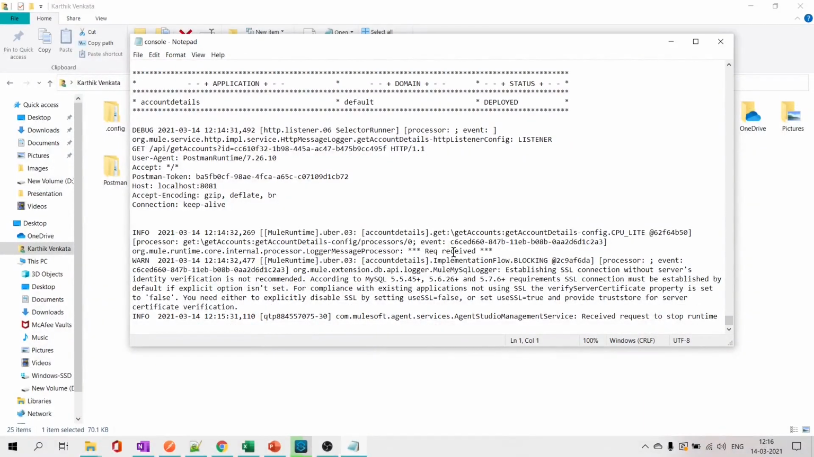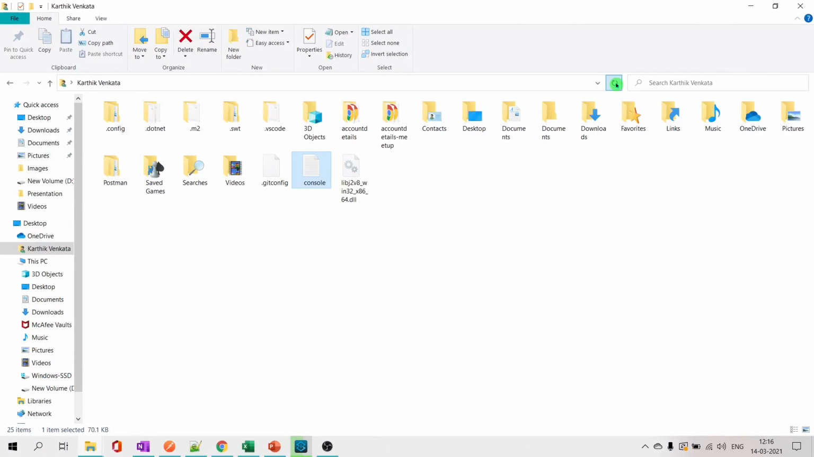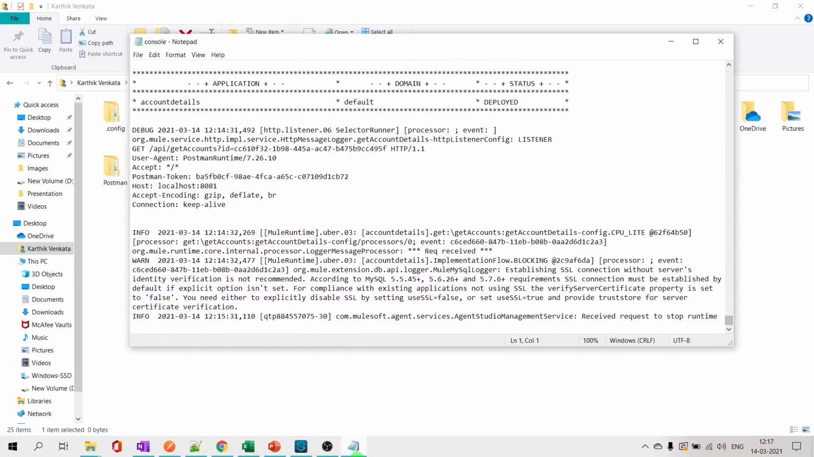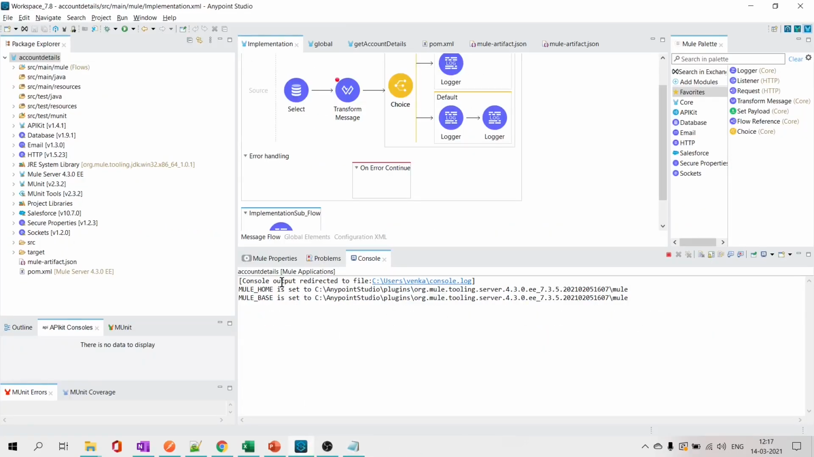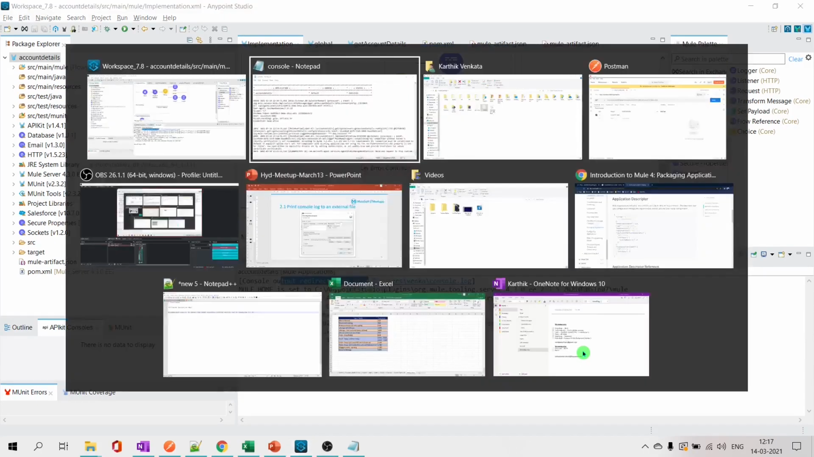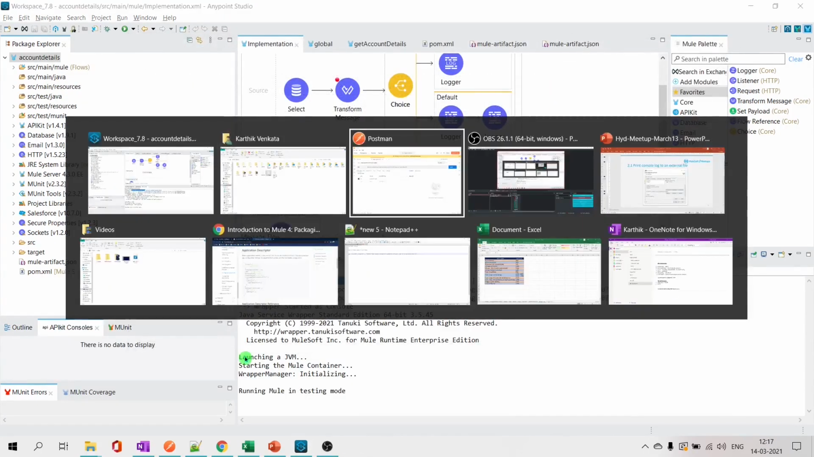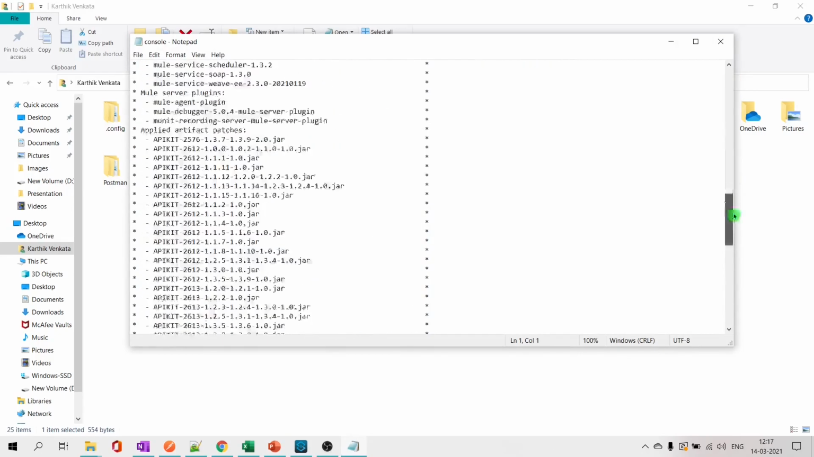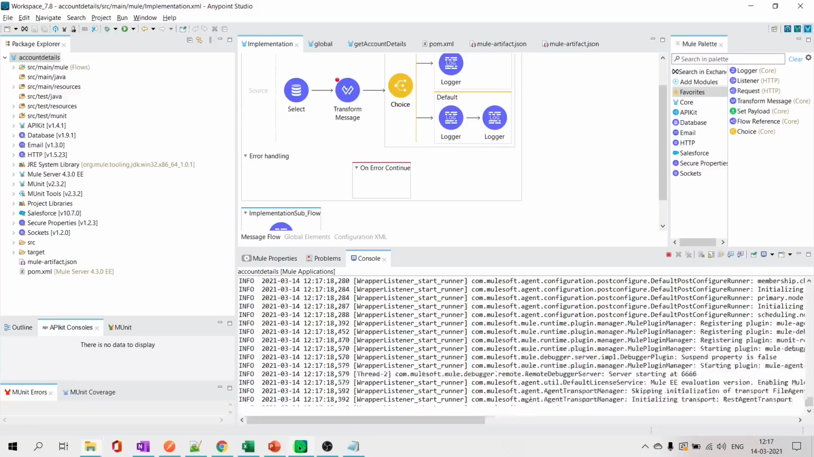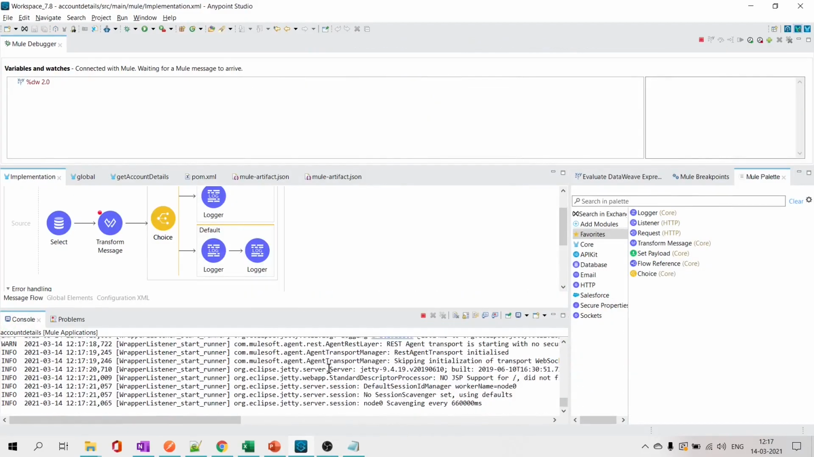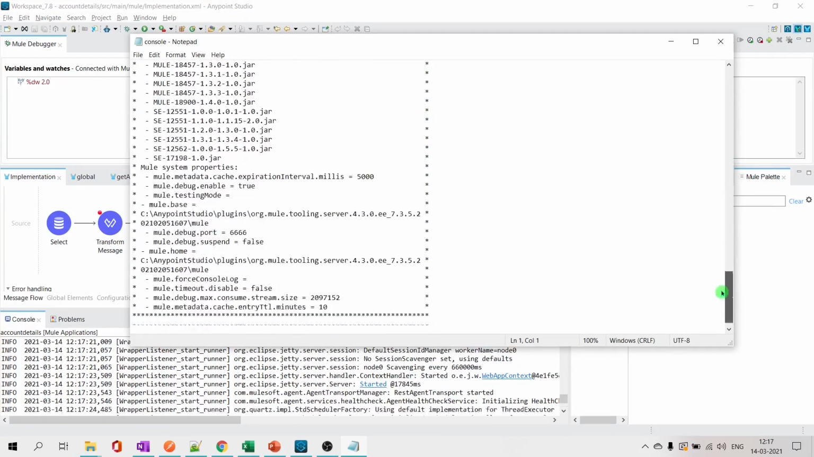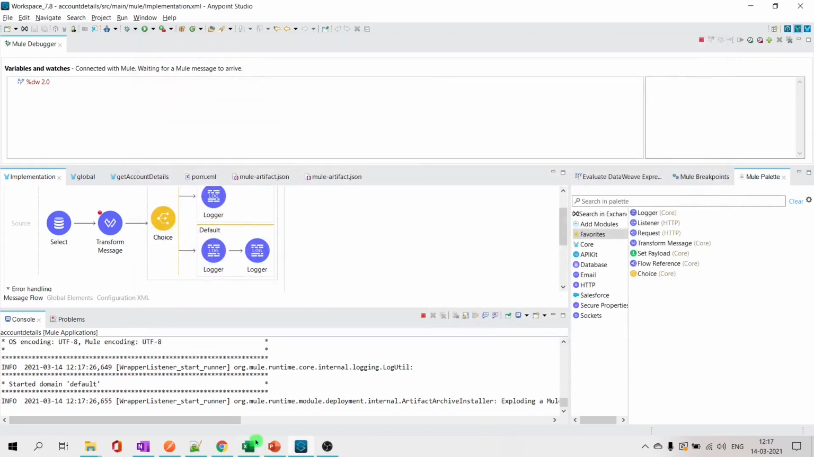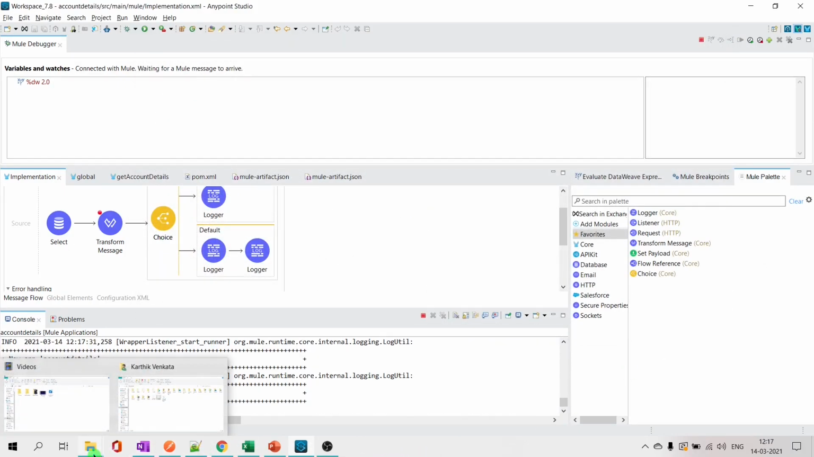Right? Let me refresh it. This is that file. Console redirect to this console.log. Okay. So logging is happening here. If you observe here, whatever comes in this console will be coming here. But here we have one more problem. The console auto refreshes, but here we have to close and open the file again. To solve that problem, we have one more